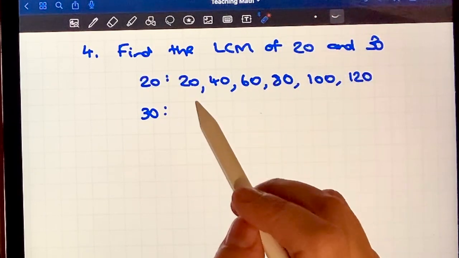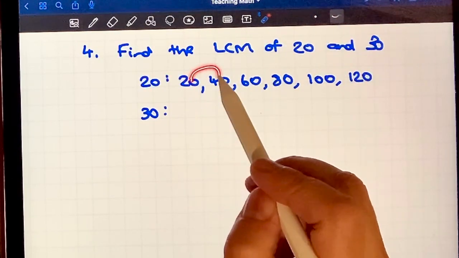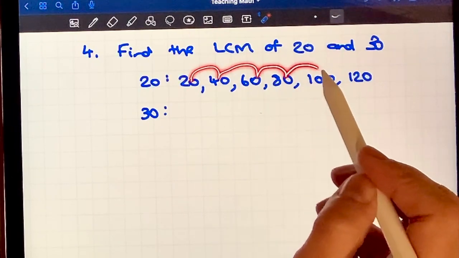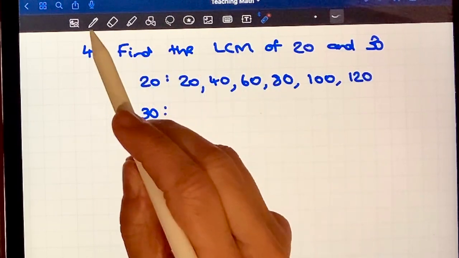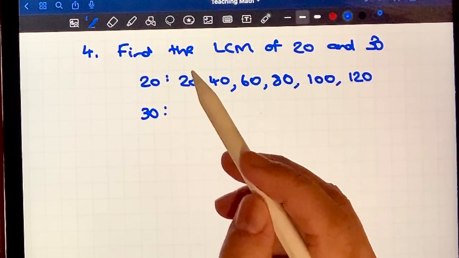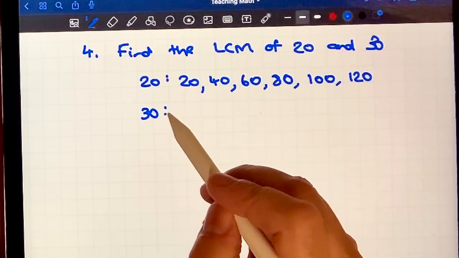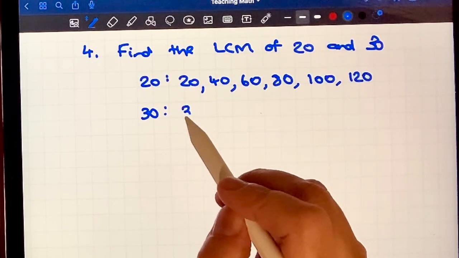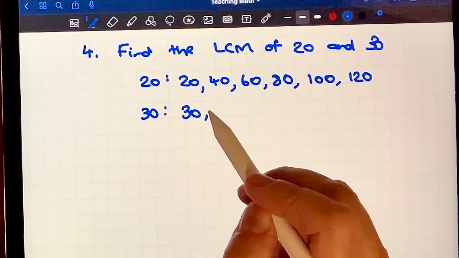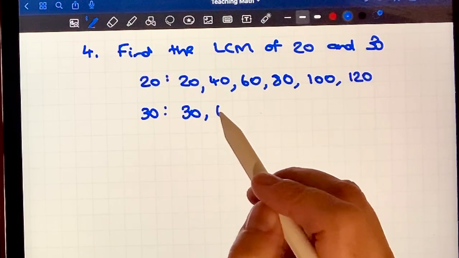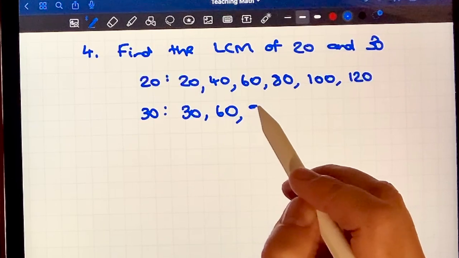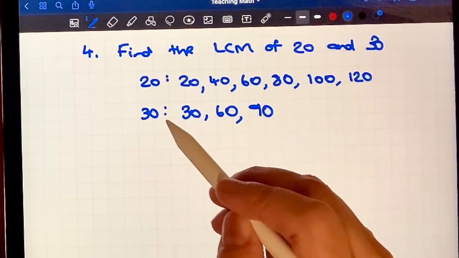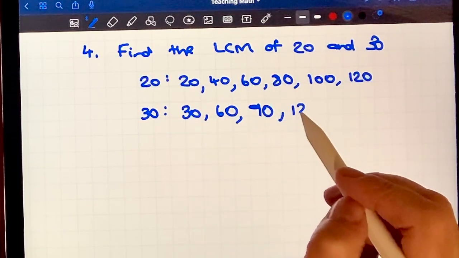So all I'm doing is I'm skip counting 20, 40, 60, 80, 100, 120 and so on. Okay, so I'm going to do the same with my 30. So 1 times 30 is 30, 2 times 30 is 60, 3 times 30 is 90, 4 times 30 is